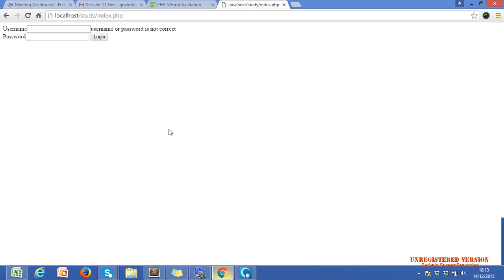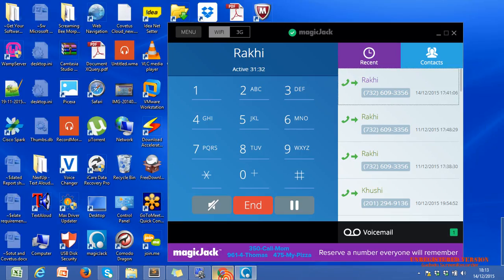Our browser executes all the code and sends it to the server if needed. Otherwise it will show a message that you didn't enter username and password, and our form will not submit until we enter the username and the password. This is the logic behind the client side and the server side.